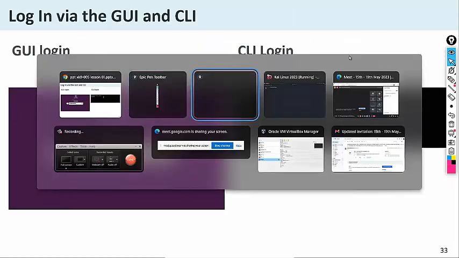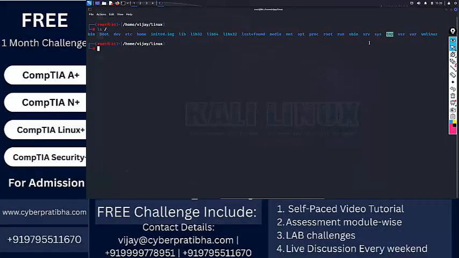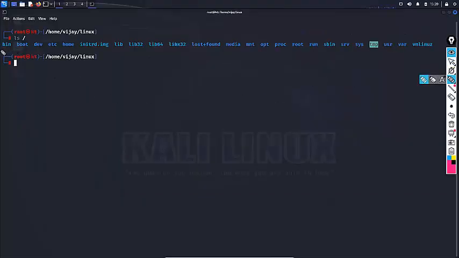In this demonstration, the ls command is used. When you run ls -a, you can find a lot of directories available here. This directory is bin: binary files, meaning executable files, or all the utility commands stored inside it. Boot has the boot information, meaning all the files required at the time of booting.